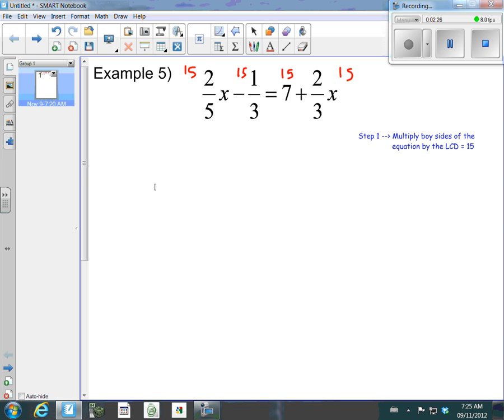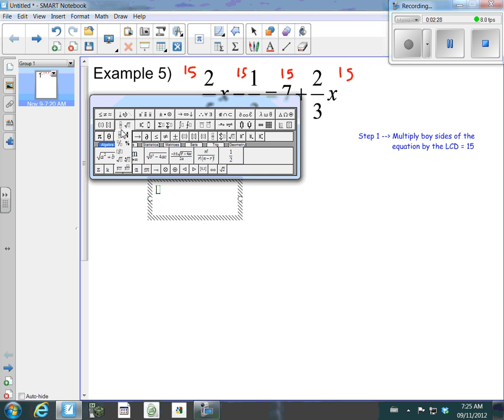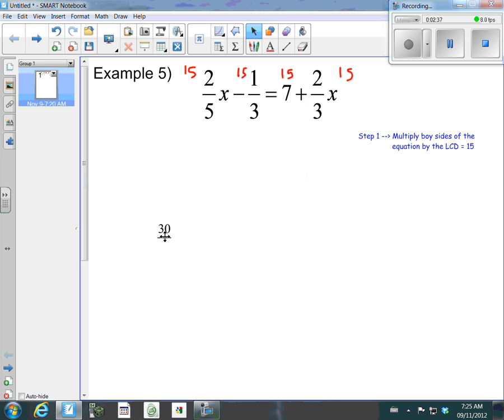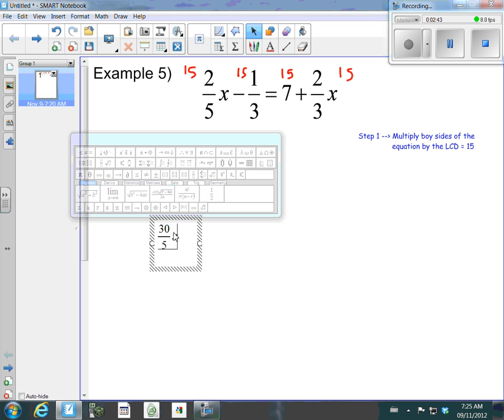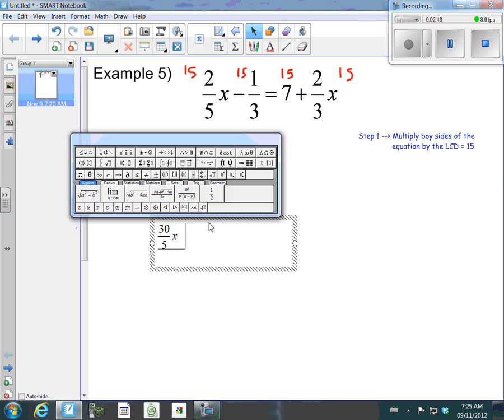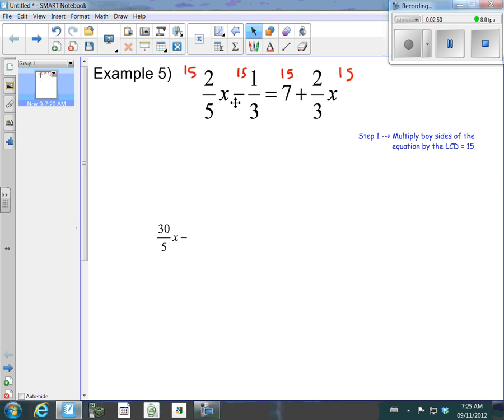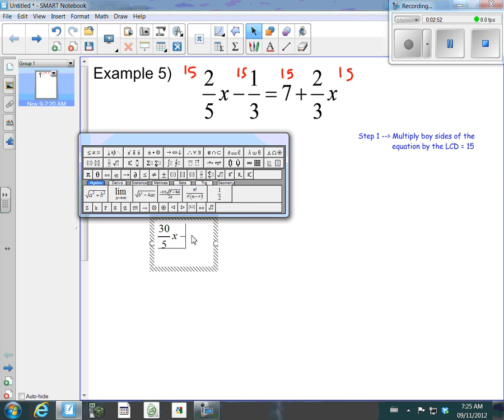Let me try that again. 15 times 2 is 30 over, bear with me, technical difficulties, 30 over 5. Then we have x minus 15 times 1. 15 times 1 is just 15 over 3